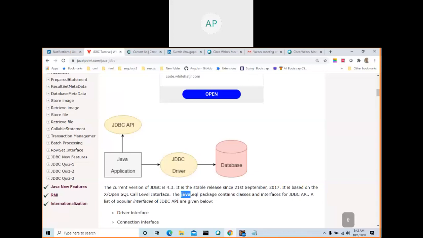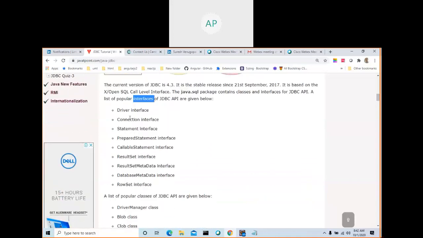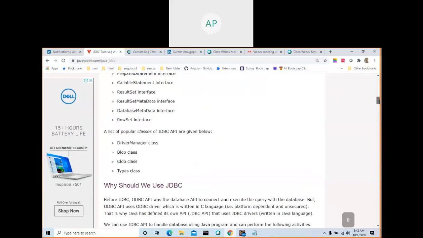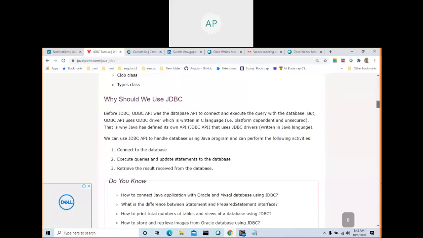See here, the java.sql package contains classes and interfaces for the JDBC API. A list of popular interfaces of the JDBC API is given below. So these are all the interfaces available as part of the SQL package, and these are all classes: DriverManager, Blob, Clob, Types, all those things.